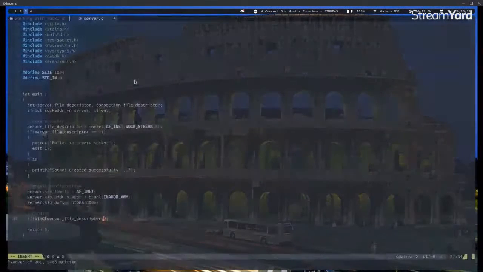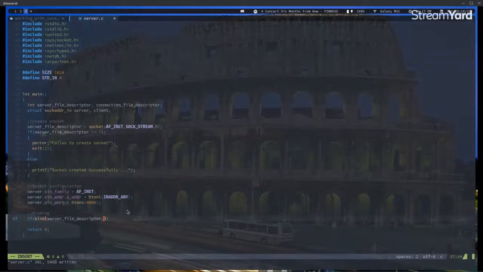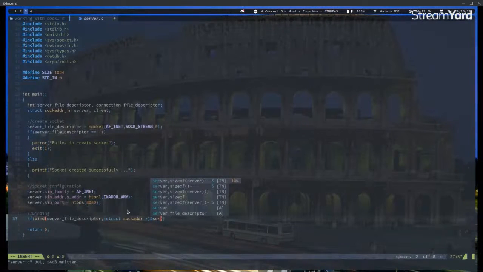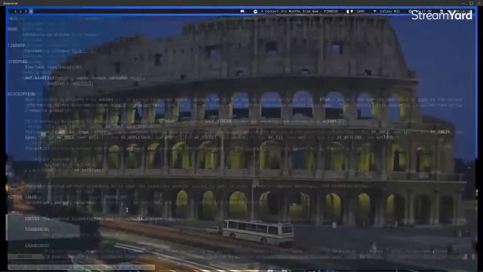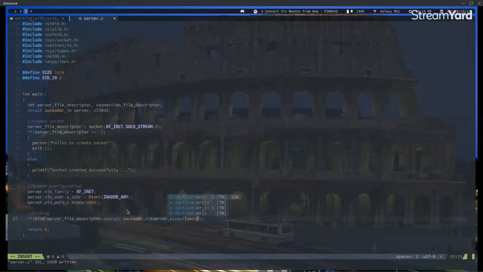Okay, so the address is a sockaddr type. So we need to convert this to the structure. We need to typecast it to sockaddr. It's quite simple. You can just do it this way, and as our server, and finally we need the size. So we have to do sizeof server, and if it's equal to 0,